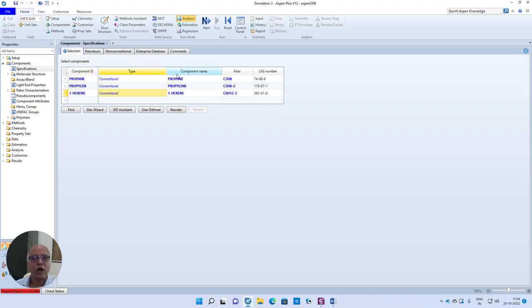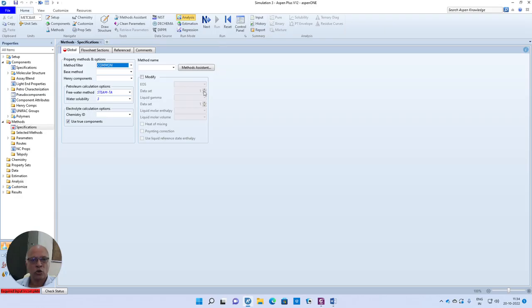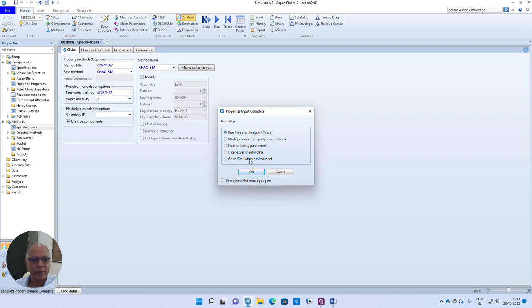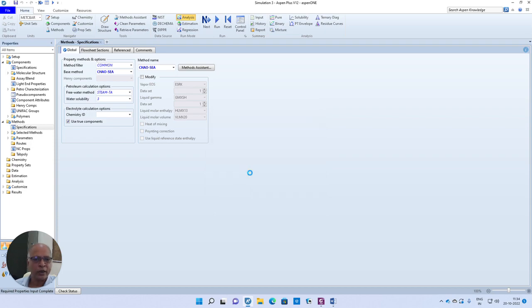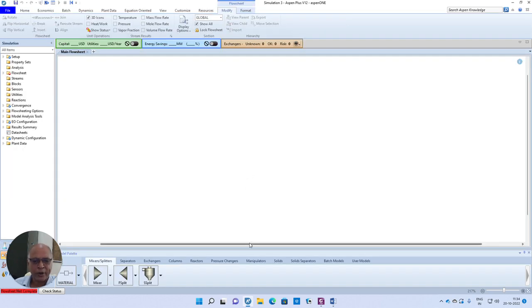So having defined the components, go to the next input step by pressing N. So choose a property model. As long as you are interested in mass balance, you can choose any property. It will not be affecting your mass balance results. Go to the next input screen, go to simulation environment, and create your flow sheet as described in the problem